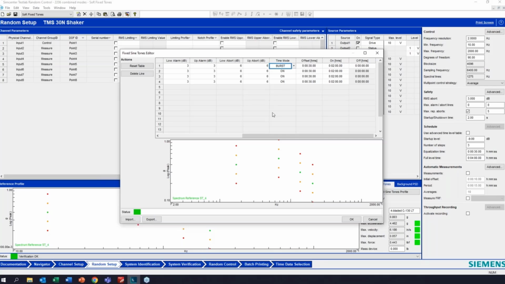And then you also have burst, which allows you to set an on and an off time. So you can have these sine tones come on and cycle off. And that's typically used to simulate gunfire, where you can turn this set of sine tones on for a certain period and then turn them off for a certain period. I'm just going to leave this as on.